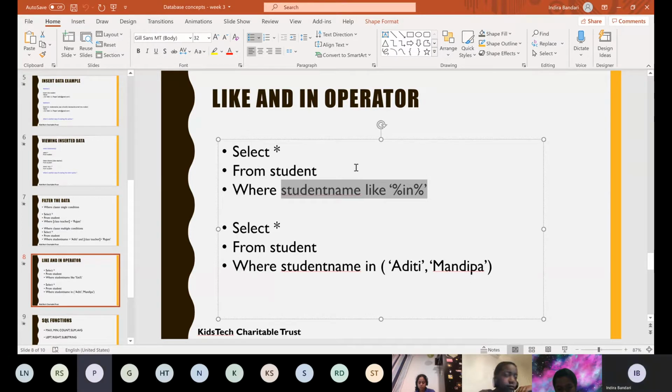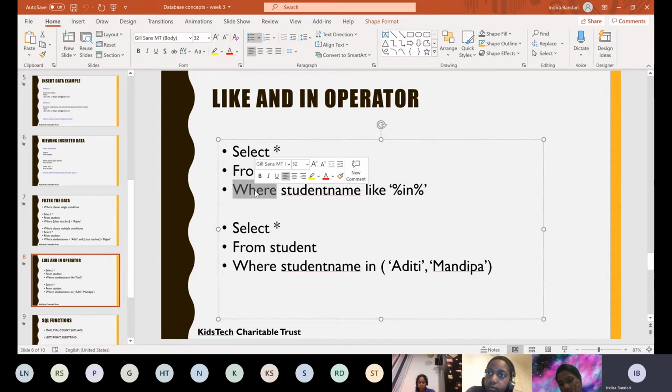The condition here is year 6. So that's where we use the where clause: where year equals 6. Did you understand the condition part? Whenever you have to use a condition, you use where.